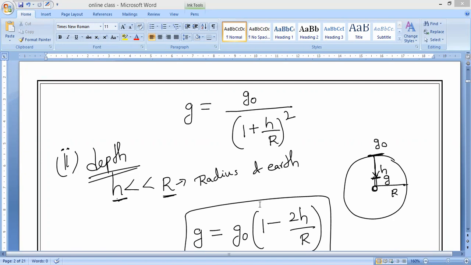Now please all of you write it, and I will show you one tabular column, how the G value varies with the height. Please observe this tabular column. These are the two formulas. We will discuss the derivations also, how these formulas came. So if you keep on going to higher elevation, what is the first factor affecting the acceleration due to gravity? Altitude. That is what you have to remember.